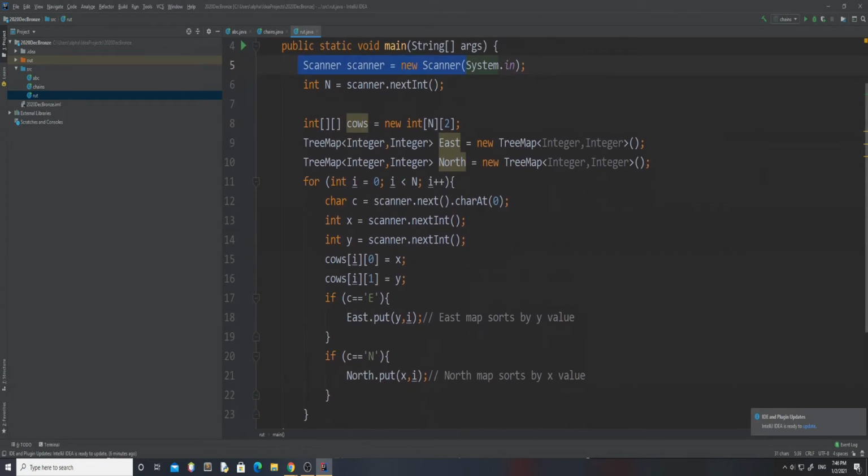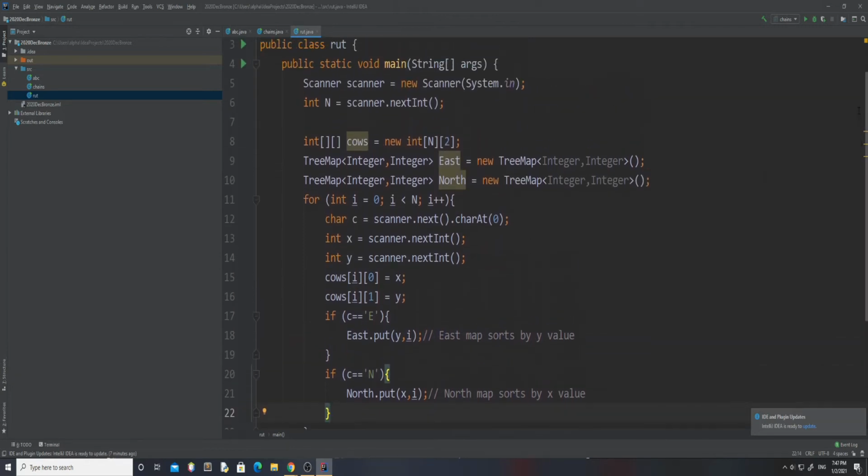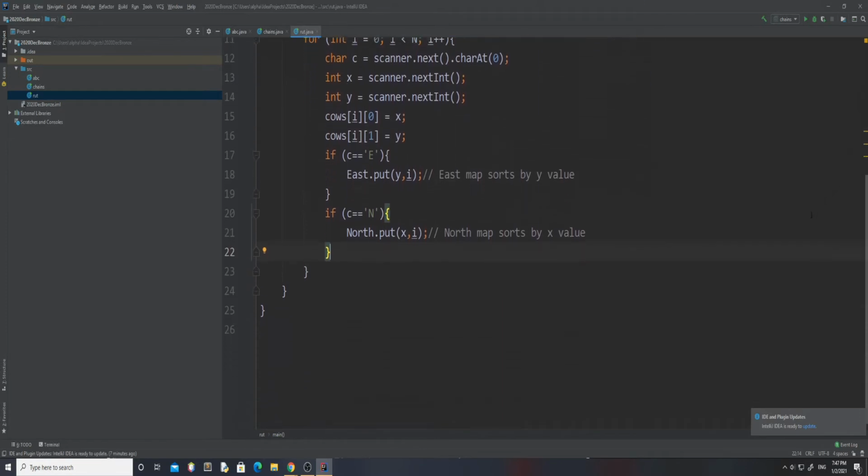And basically, like I said before, we're creating 2 tree maps, one for north cows and one for east cows, and also an array of n by 2. And basically, this is just reading in the x and y values and the character that defines whether it's east or north. And based on that, I've just put them into tree maps. So if you want this input code, you can just pause the video, and it'll be right there. But anyways,